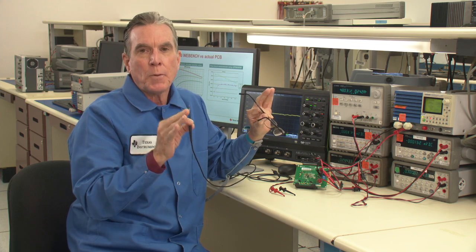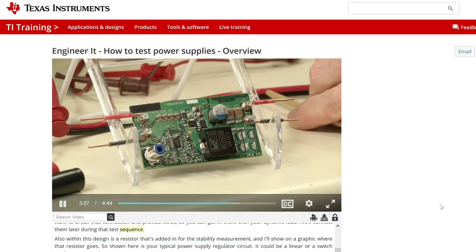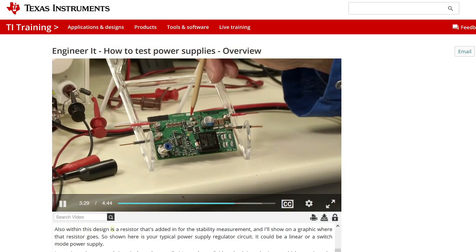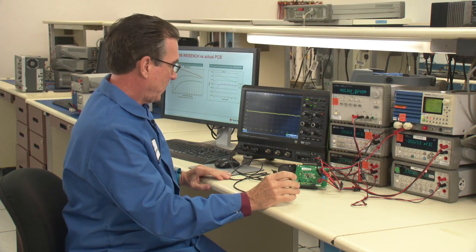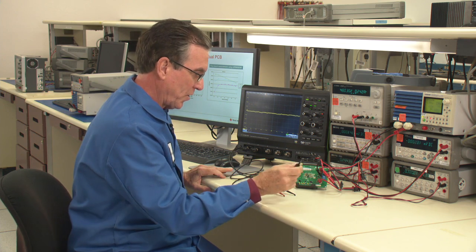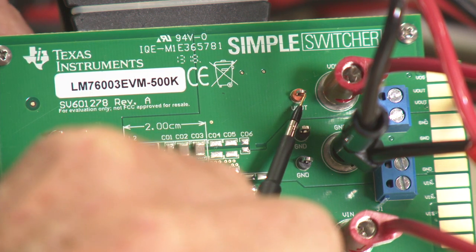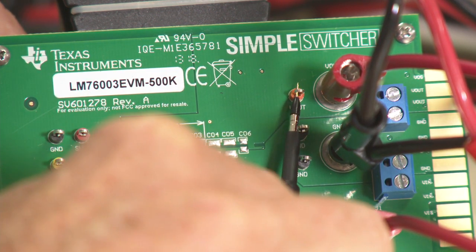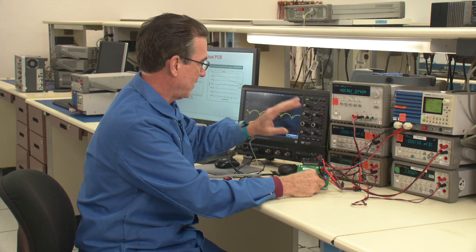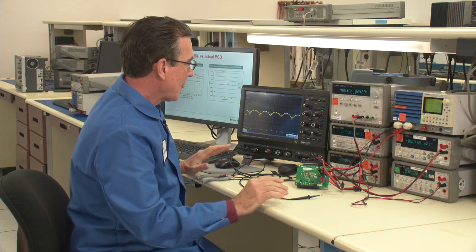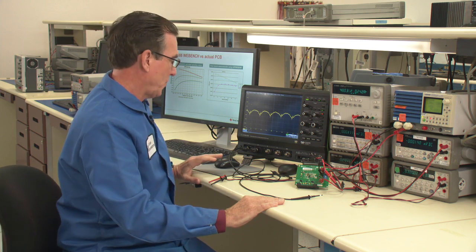Now again, for proper probing technique, I suggest you go to the videos that we spoke about earlier that show how to make these very high accuracy measurements. And actually for the highest accuracy, I would use an active probe, not necessarily a passive probe, but this will be good enough for demonstration purposes. So we come in for the tip and barrel, we apply the tip to the output voltage and the ring to the ground lug and capture the scope shot. We'll try to get a good connection. Again, it's not a perfect connection, but it gives you the idea. 10 millivolts per division. It's a little higher than I measured just a moment ago.